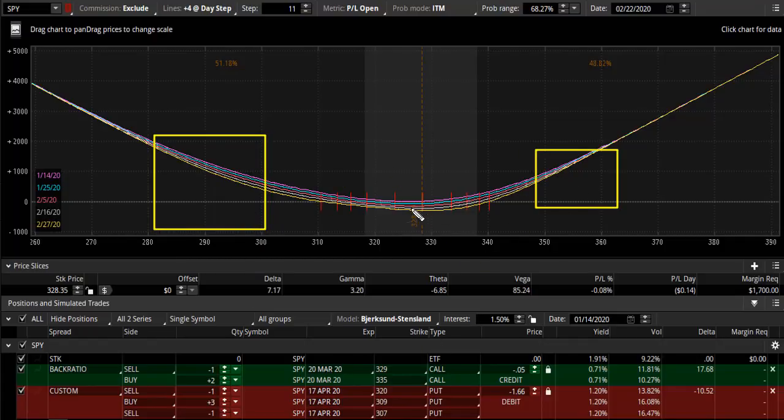But what do you need? You need big moves. Do big moves happen often in the marketplace? No. But how many big moves do you really need